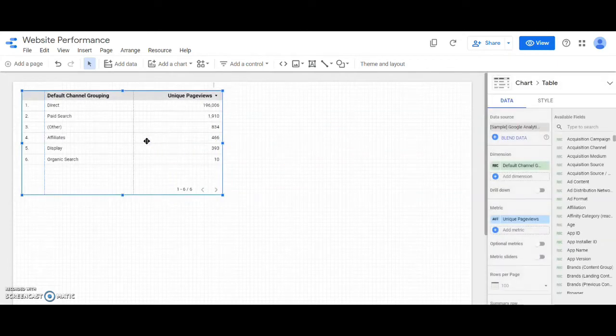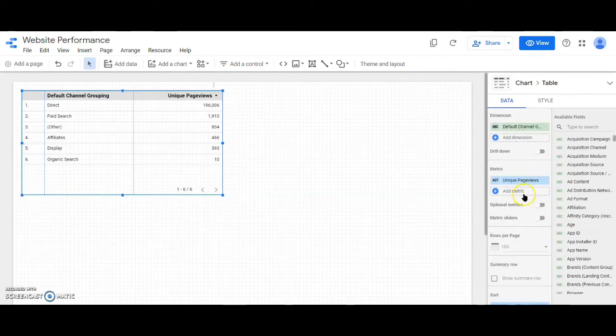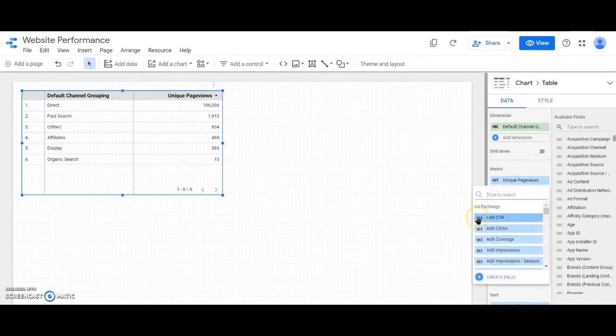Alright, let's just suppose that you would also want to see the conversion rate that each of these channels are driving. So let's see how we can do that. Again, make sure that your table is selected. Go to the right side panel again, click on add metric, and you're going to search for conversion rate.